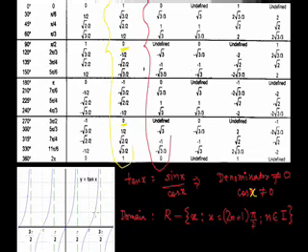Domain of tan theta will be all real numbers minus the set of all x such that x equals (2n plus 1) pi by 2, where n is an integer. 2n plus 1 is an odd number, or because we have taken n belongs to integers, it is an odd integer multiplied by pi by 2. If we subtract all these values from real numbers, then it forms the domain of our function tan x.